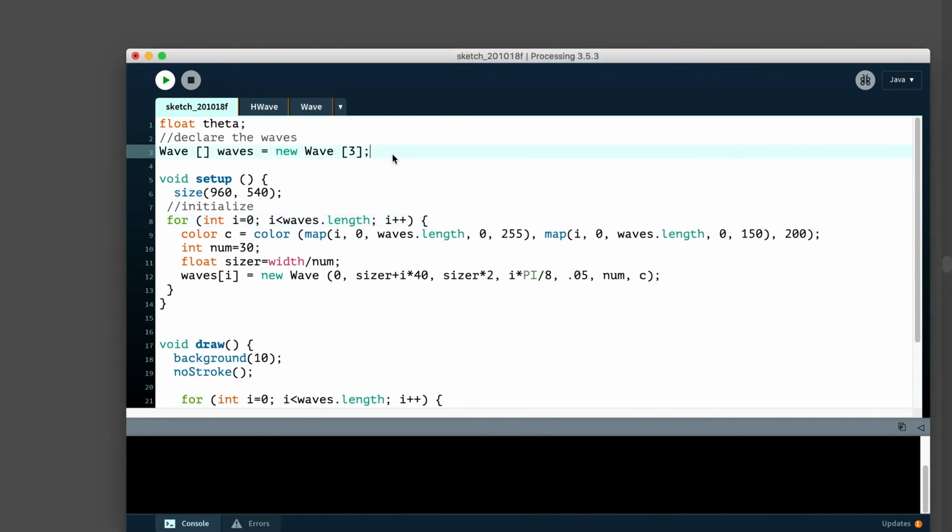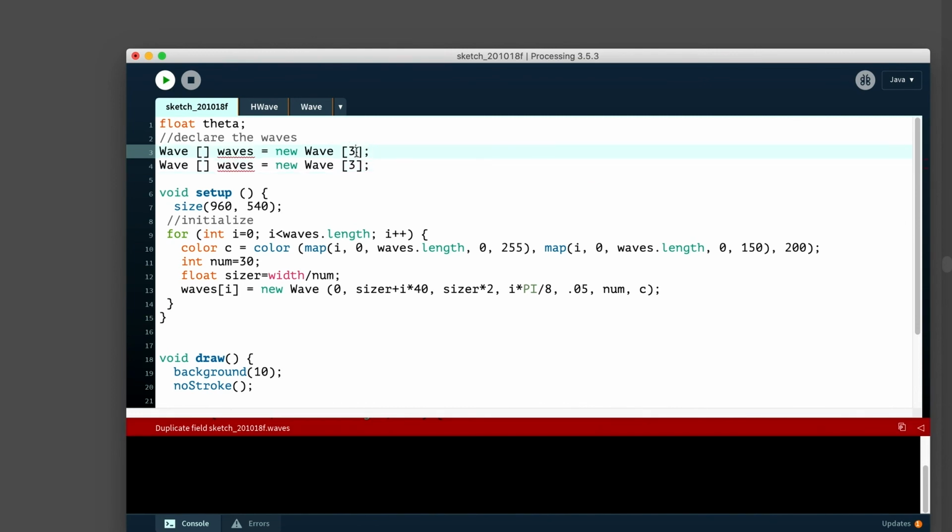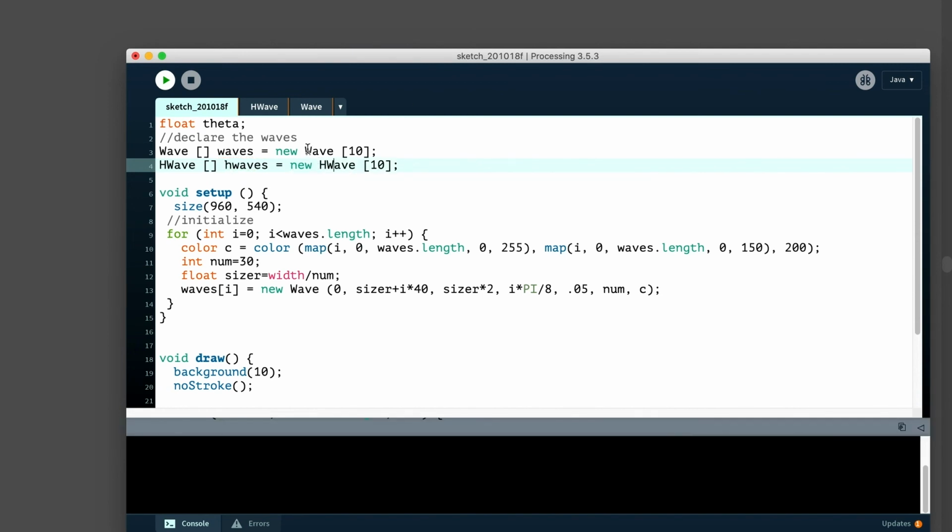So why don't we just go in and try to implement the same sort of thing here. Let's put everything back to 10 so that we can use the same length. And all we need to do is say h waves. Now we're going to call these h waves. Now these need separate names because they're different objects.